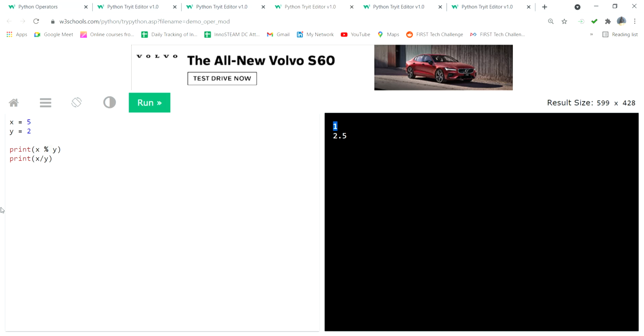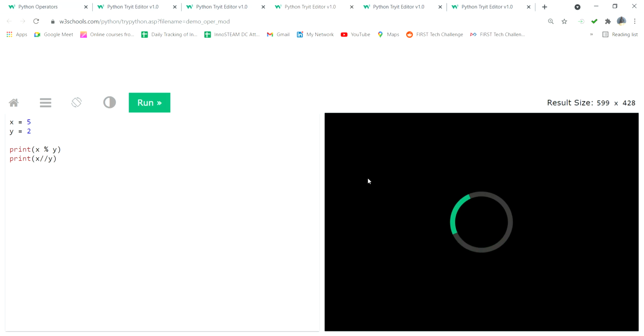Suppose the double slash means you get the nearest whole number. One slash means you get the quotient value as a point number. 5 divided by 2, now you can take 2.5 also, it's fine. It's a quotient value. But if you use double slash, you get the nearest value. Now I put double slash here, then you can see it's not 2.5, it's 2 only.